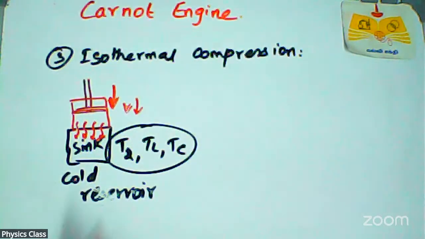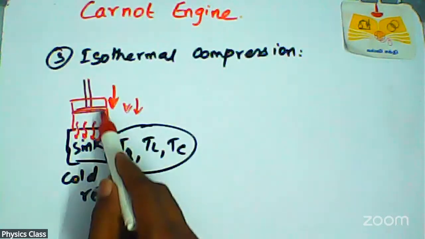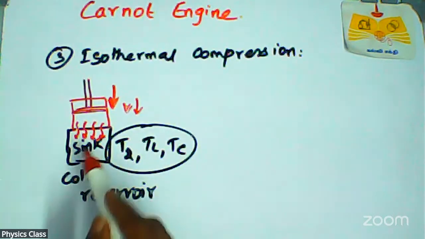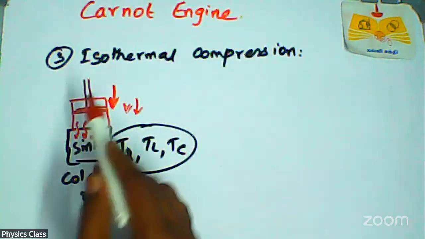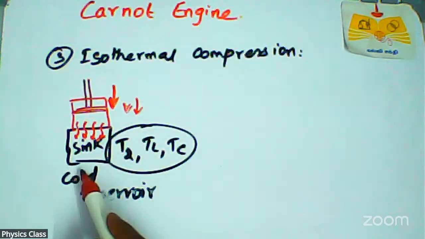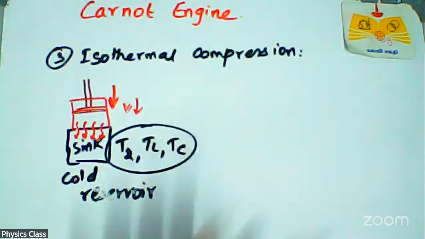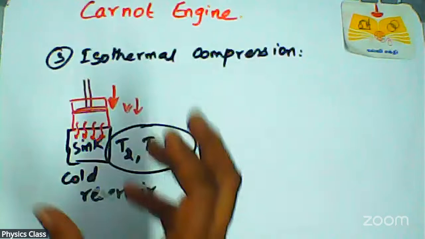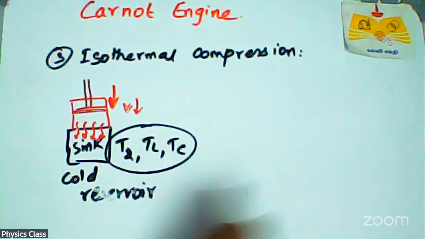Now you are clear with compression. Compression means that heat flows into the sink. This is stage 3. A gas cylinder is placed on the sink. The excess heat flows into that sink. So volume decreases, and volume decreases means compression. Isothermal means, as I already told you. Next, we place the cylinder in contact with our cold reservoir, which is at temperature T2, TL, or